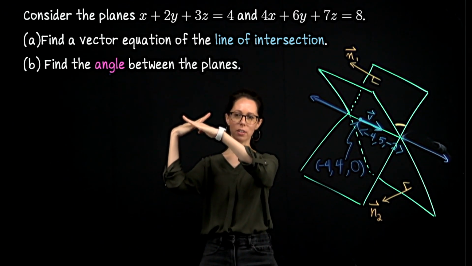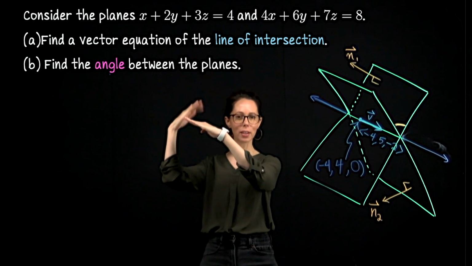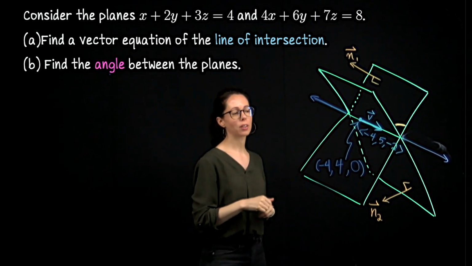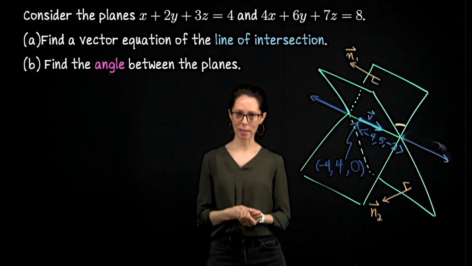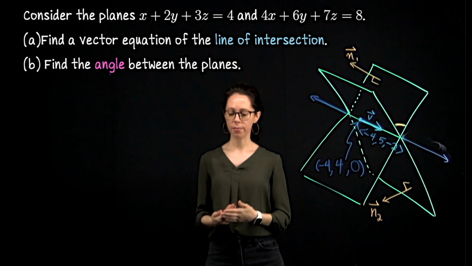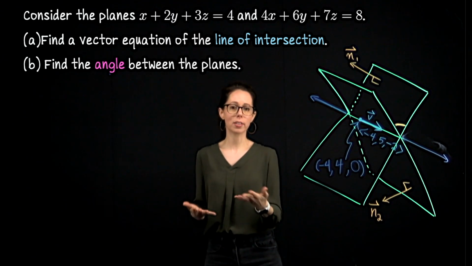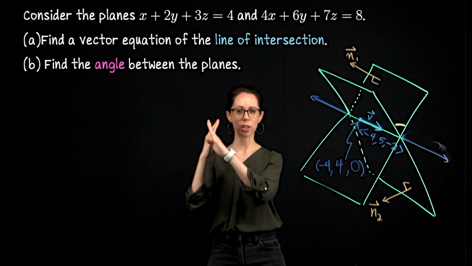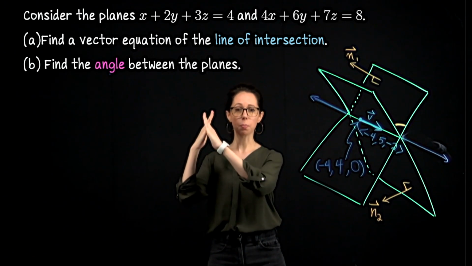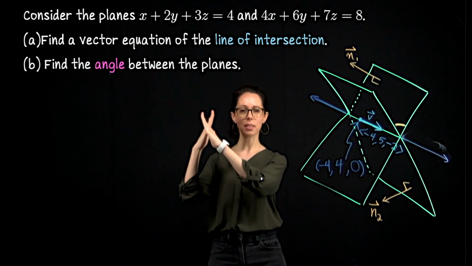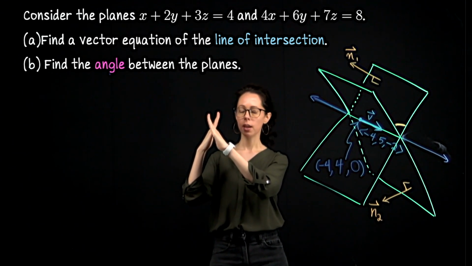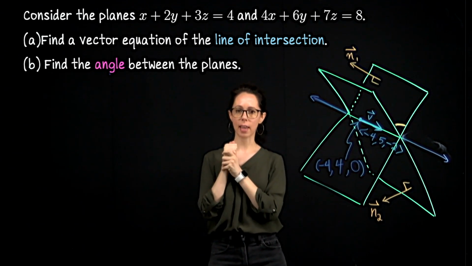If my planes intersected like this, I would have obtuse angles above and below and acute angles to the left and right. It's just like with two intersecting lines. When you have two intersecting planes or two intersecting lines and you're asked to give the angle of intersection, the convention is typically we want the smaller of the two, so that would be an angle between 0 and 90 degrees. Okay, so we'll go through the process of finding this angle.